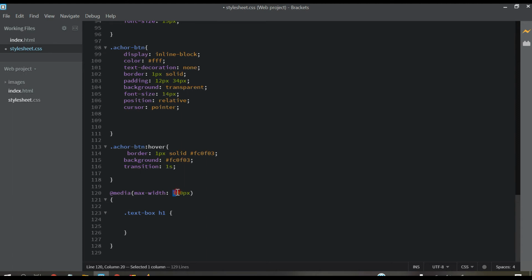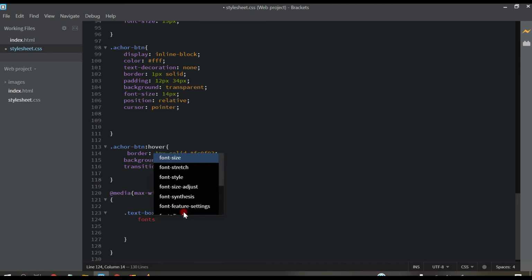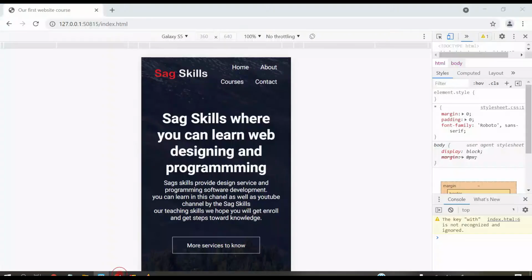If it is above this, it will not work. If it is between, like 200, 300, 500, 700 pixels, the text size will decrease. Okay, so now the font size will be 15 pixels. Control S, let's see how it looks.